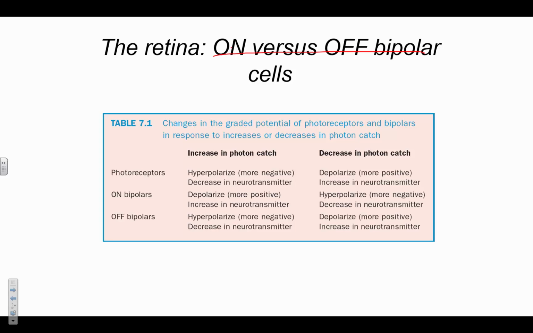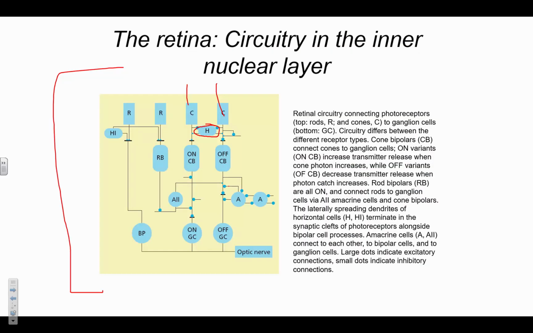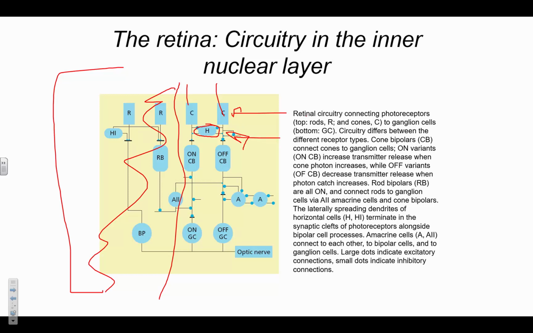Let's talk about on versus off bipolar cells. So when we go back to this, we had the cones, right? We have rods. We're not going to worry too much about rods, so we kind of just ignore this half of the diagram for now. You've got cones. We've already talked a little bit about horizontal cells and that lateral inhibition business. The next thing down is what are called bipolar cells. These guys take information from cones, and they'll eventually send it to things called retinal ganglion cells. Now, these retinal ganglion cells are important. They're the ones who actually send the big signal to the rest of your brain that says, yes, there was